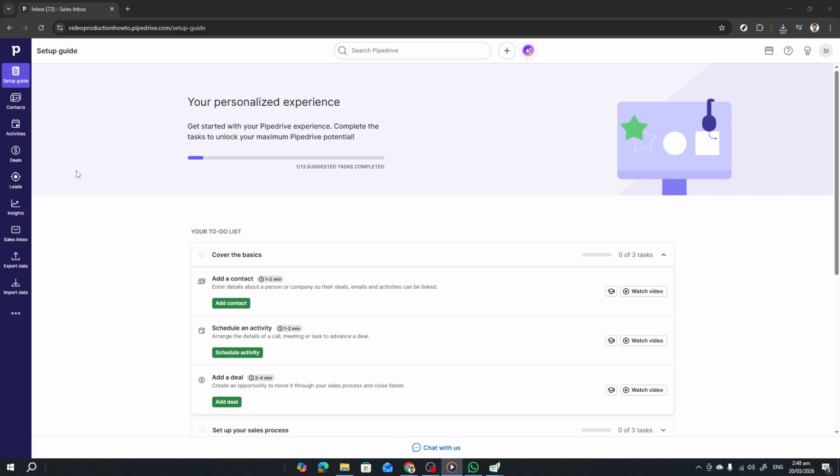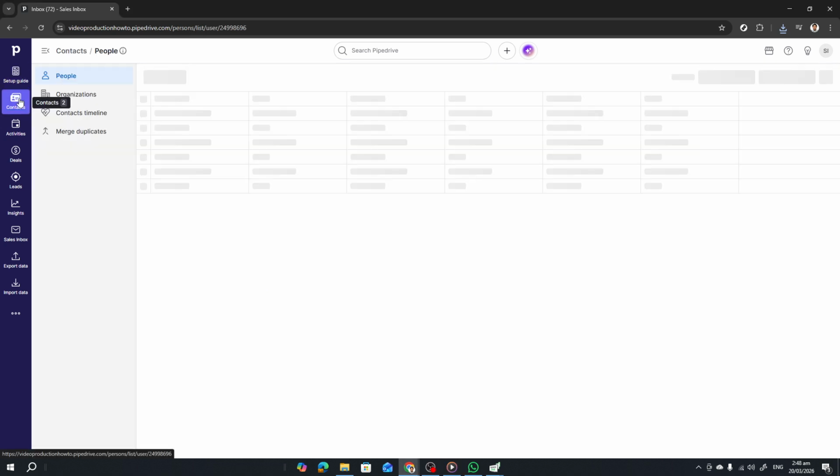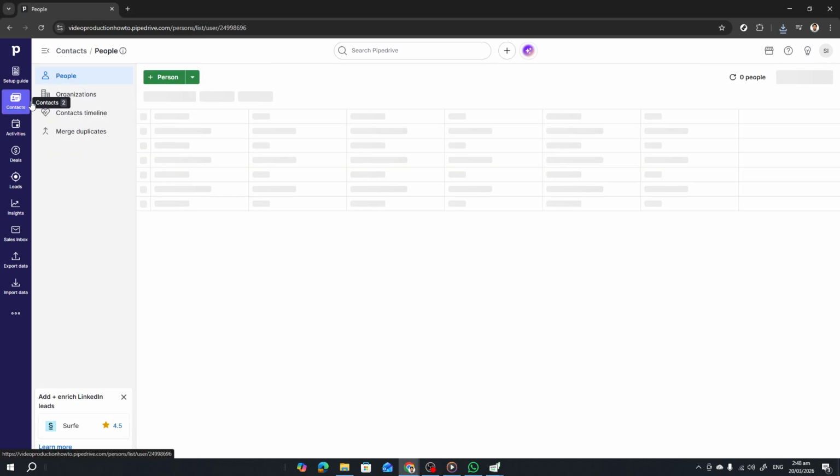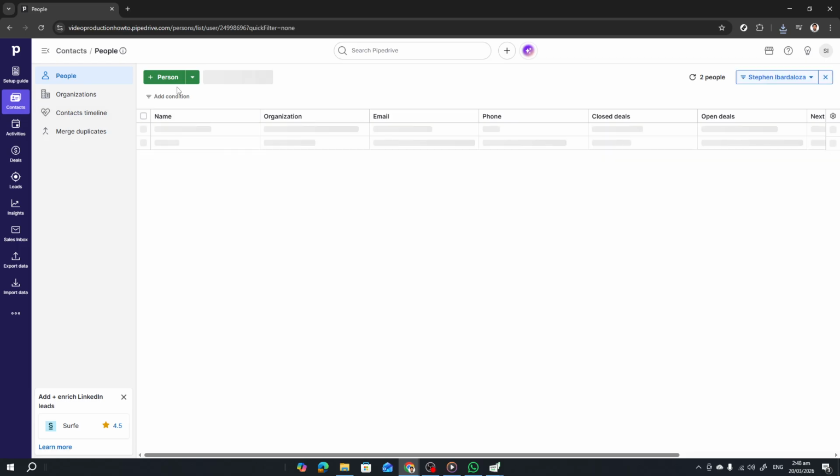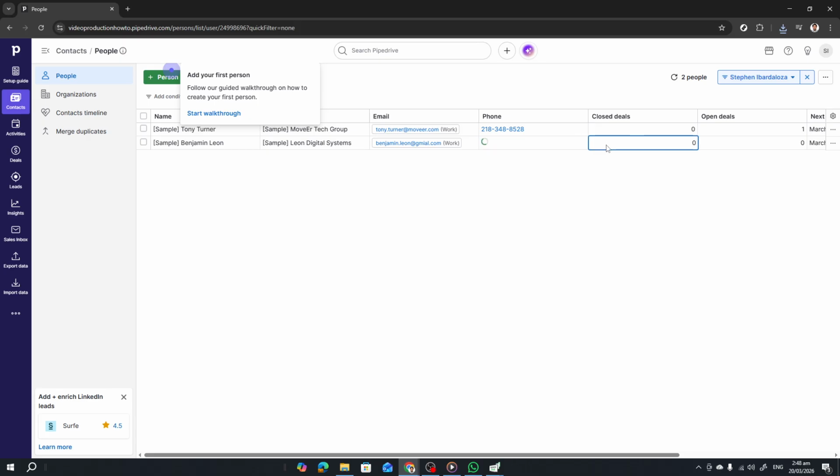Next, add your contacts. Create people for the individuals you work with and link each one to their organization so everything stays connected. Capture the basics you rely on: email, phone, role, and any quick notes that add context for future conversations. If you're migrating from a spreadsheet, use the import tool and map your columns to the right fields